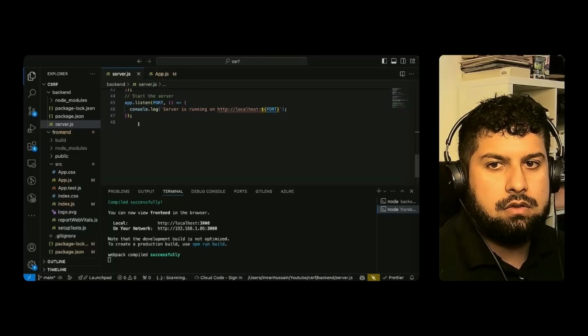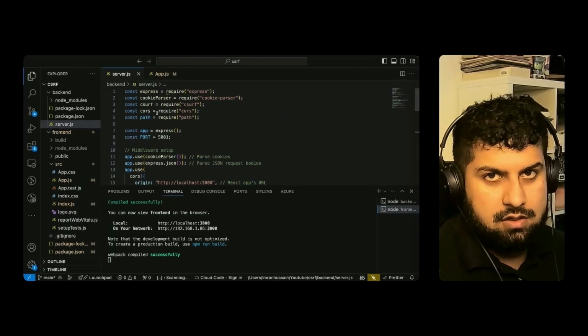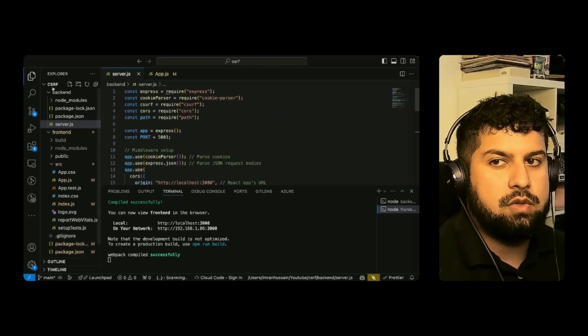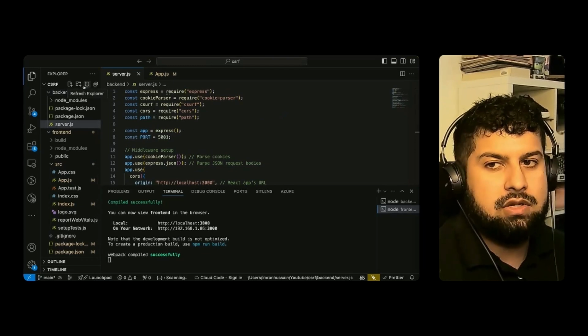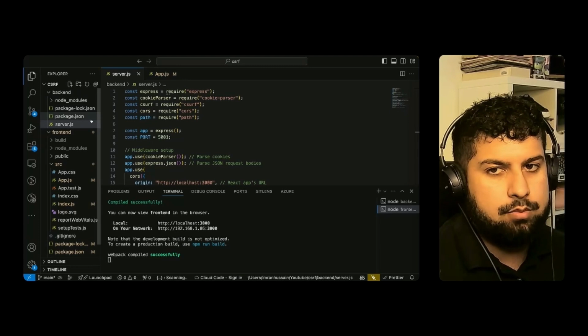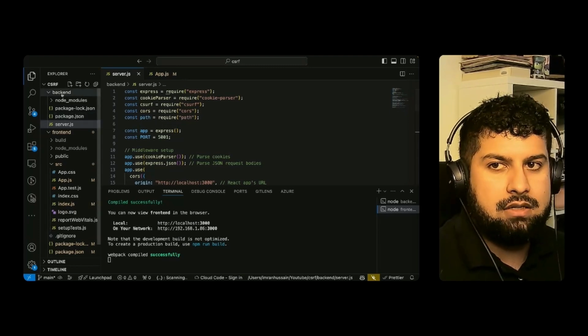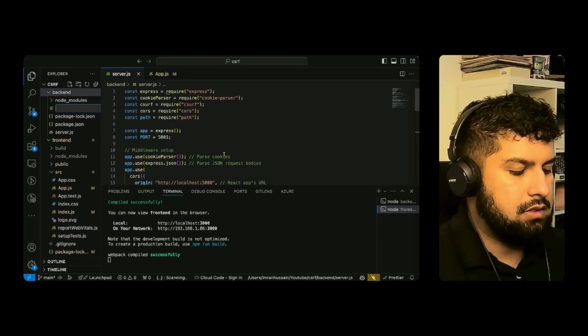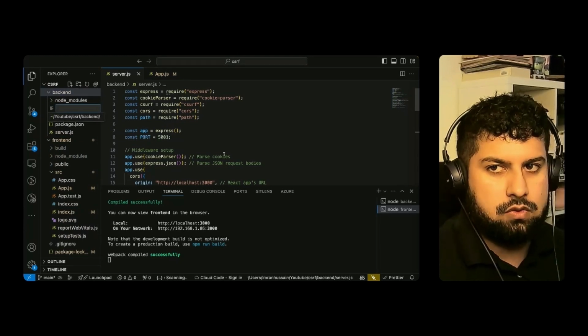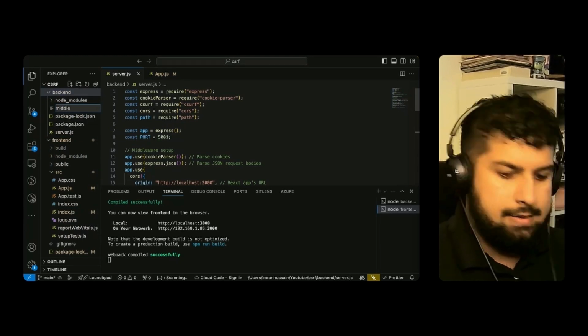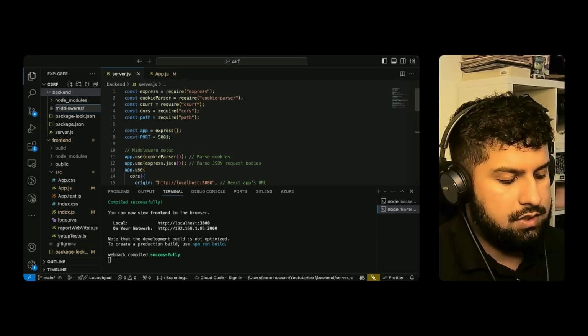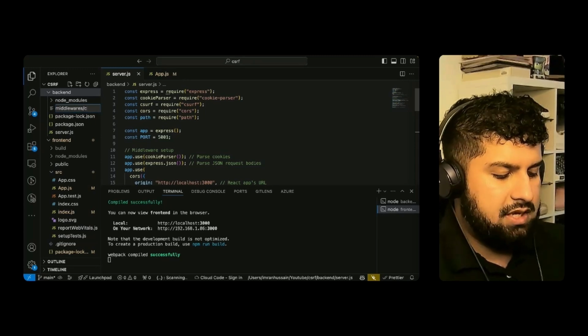Right, so now that we've created our CSRF using an external package, what I want to do is show you how to do it without an external package. If you weren't allowed to use them, for example, then we will create our custom middleware. So in backend, let's create a new file, and you should put it in a middleware folder, because you should have multiple middlewares in a folder somewhere. This one will be called